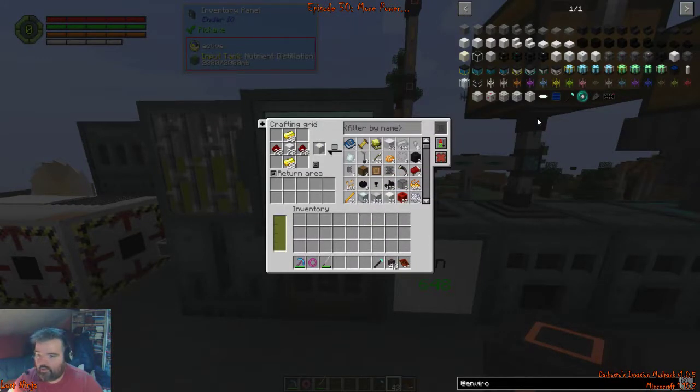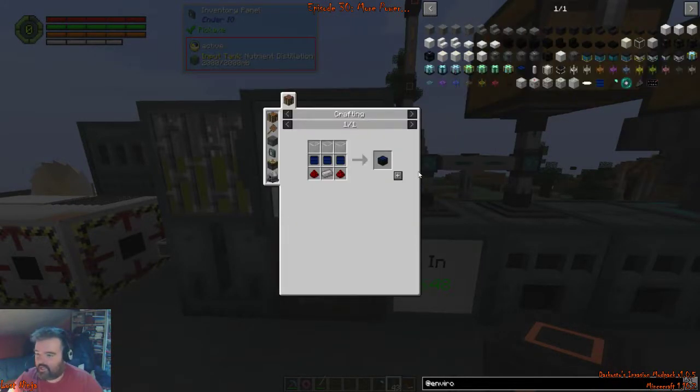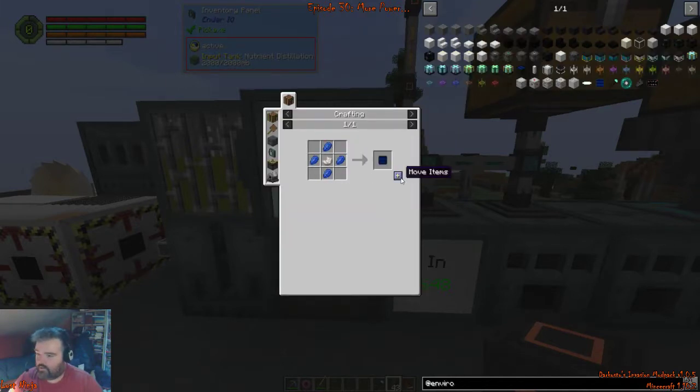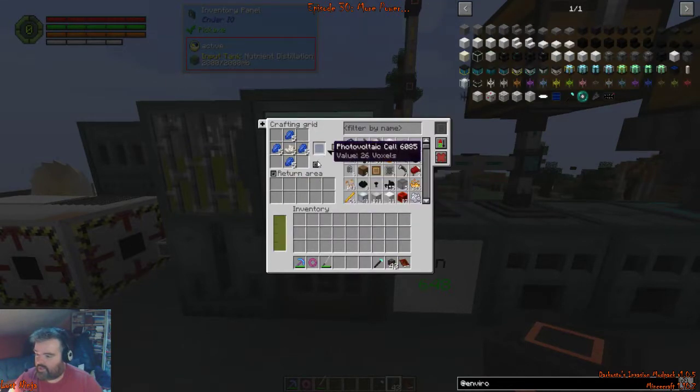Okay, so let's see how many we can make of those. 1, apparently. Probably because we don't have enough of those. Let's look at those. We can make 5 more of those. So again, it's not something...